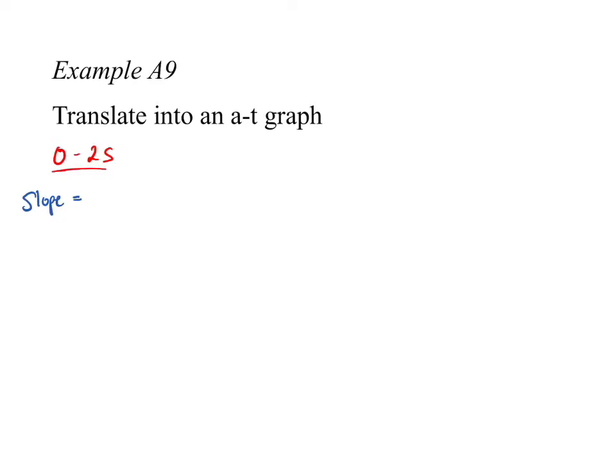My slope should be 2 minus 0, but that'll be my velocity, meters per second minus meters per second, divided by 2 seconds minus 0 seconds, right? There's a change in my y divided by the change in my x, and that's just 1 meters per second squared, okay? So that's what we're going to translate for 0 to 2 seconds onto our